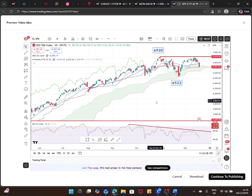Today we're looking at the S&P chart, which sold off quite aggressively yesterday. This market is showing a severe loss of momentum ahead of its previous high that we got back in October at 6,920. Clearly, the base of the cloud on the daily chart is your first level of support. That comes in at 6640, and should that be eroded, that's going to leave the low that we got back in November at 6522